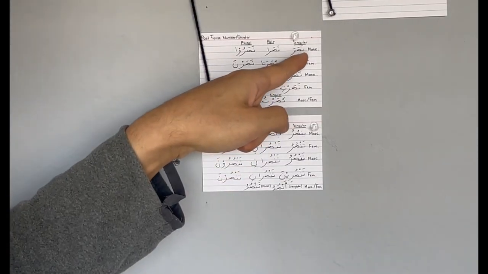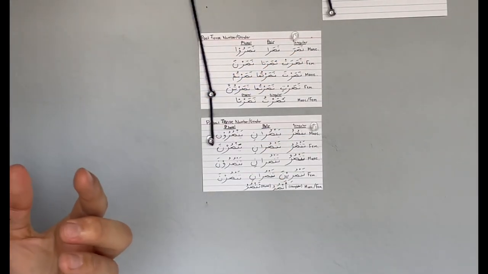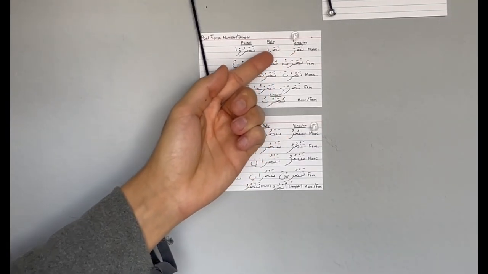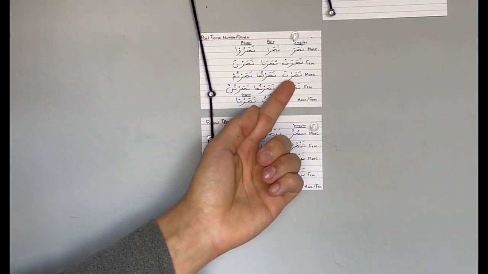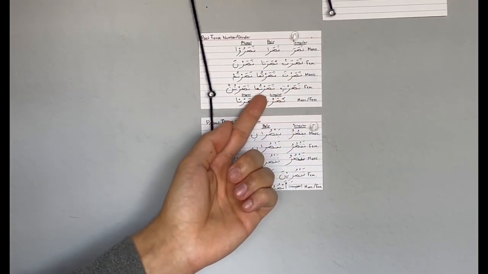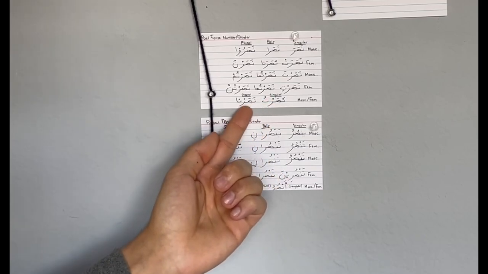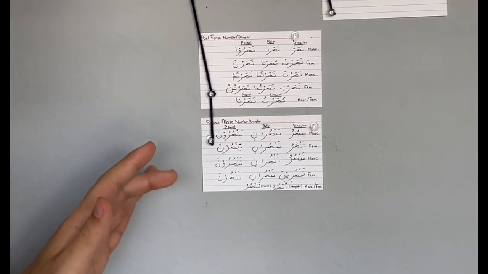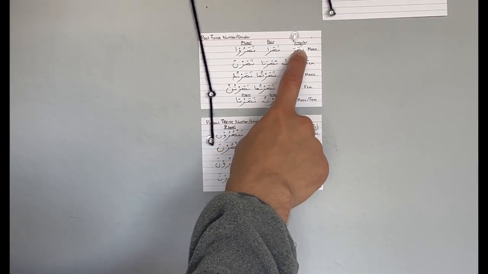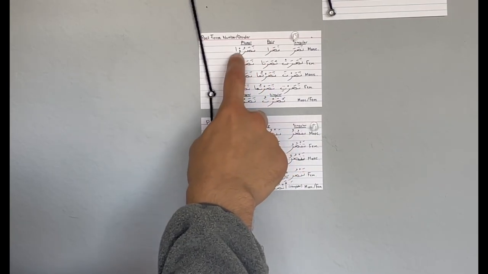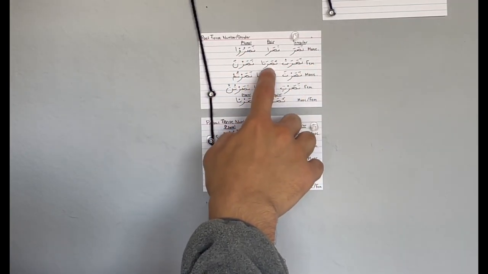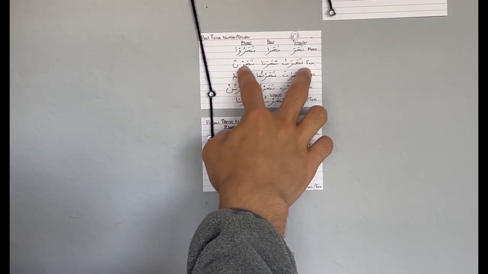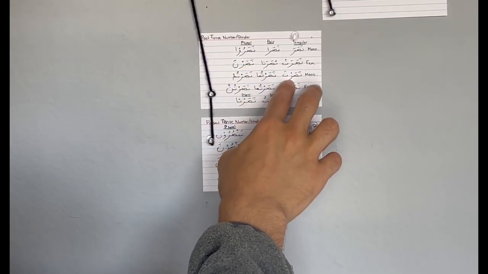So if you just memorize nasara, which means he helped. This is a past tense verb right here. This is a past tense fi'l. Nasara, nasara, nasaru, nasarat, nasarata, nasarna, nasarta, nasartuma, nasartum, nasarti, nasartuma, nasartunna, nasartu, nasarna. Memorize this. You know the first word, singular. Second word, pair. Third word, plural, all masculine. Then it goes singular, feminine, pair, feminine, plural, feminine. Singular, masculine,